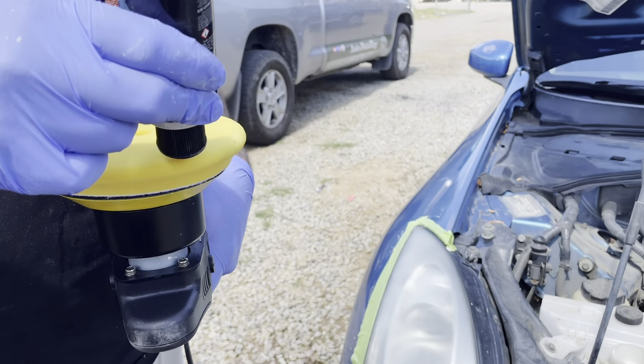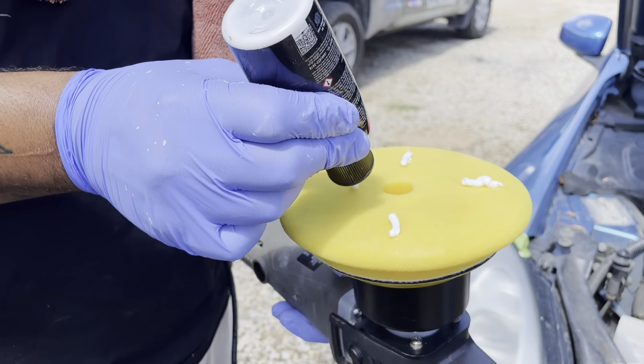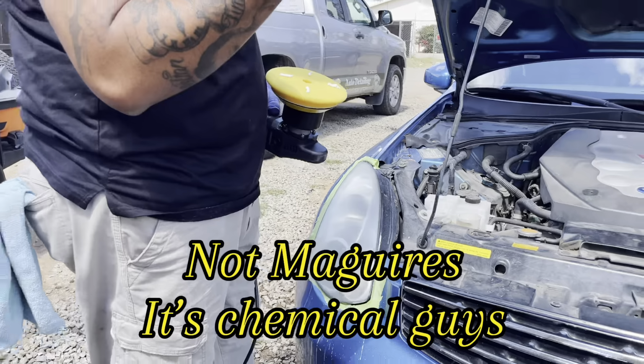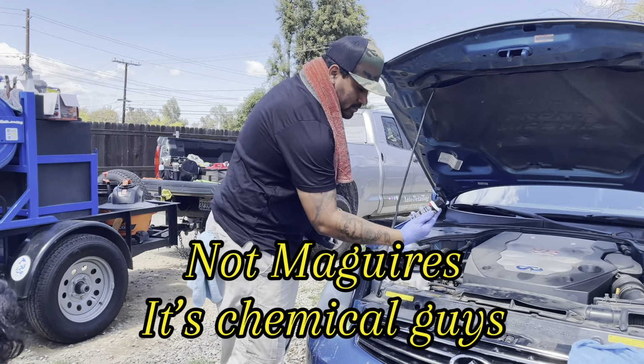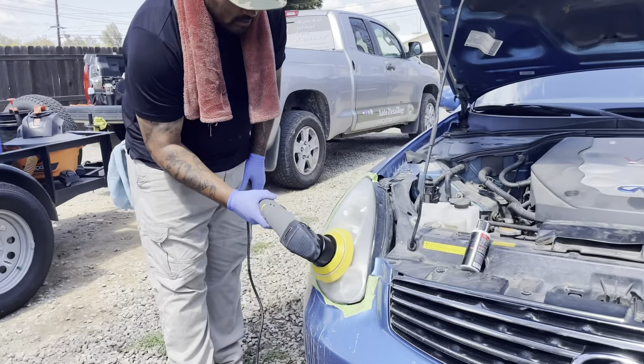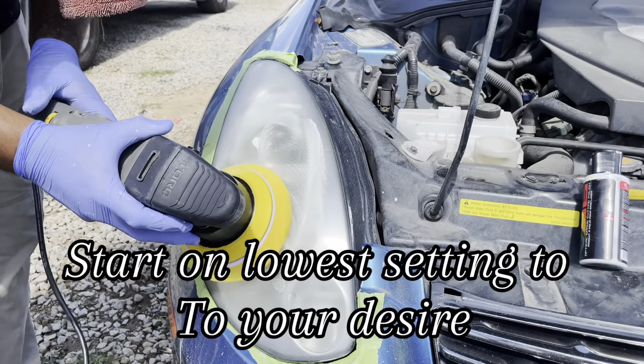There's no preference. Of course, other polishes are gonna cut a lot better for you. They're gonna help the job out. But when it comes to the Meguiar's and some of their cutting compounds and their polishes, I actually like them. I don't have issues with them. So what I do is I like to start on slow,